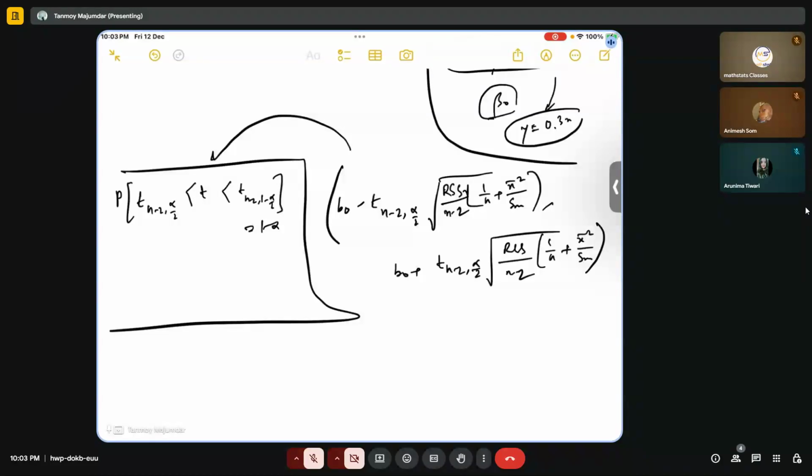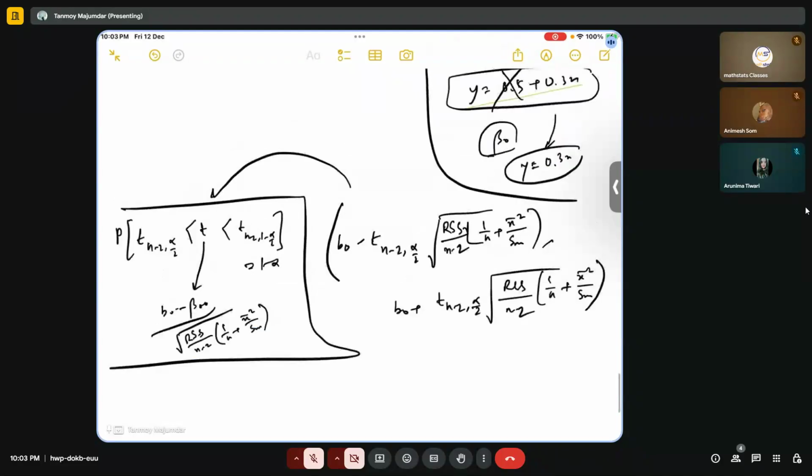Okay, so that means ये जो t है इस जगह पे हम लोग क्या अप्लाई करेंगे, b naught minus beta naught divided by root over Sxx RSS by n minus 2 into 1 by n plus x bar square by Sxx. तो इसको यूज करके हम लोगों को मतलब ये जो टर्म है अगर हम इसको उस तरफ लेके जाएंगे तो अल्टीमेटली you will get this formula. Okay,